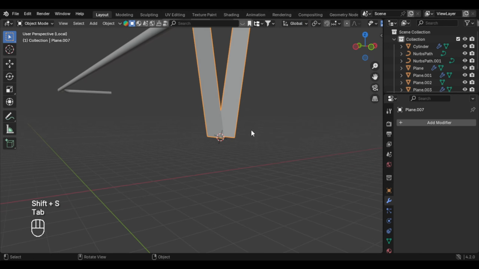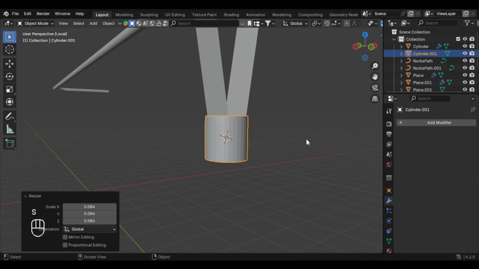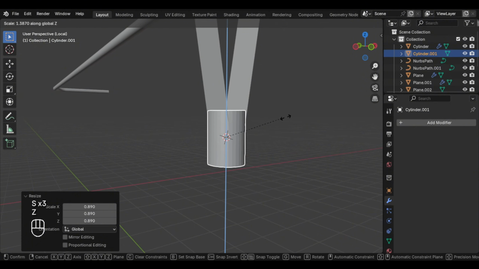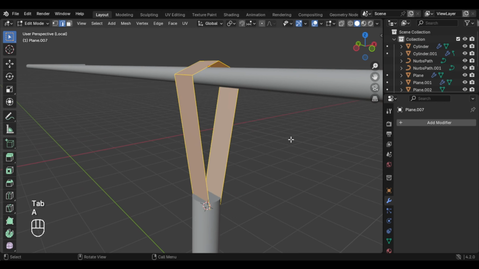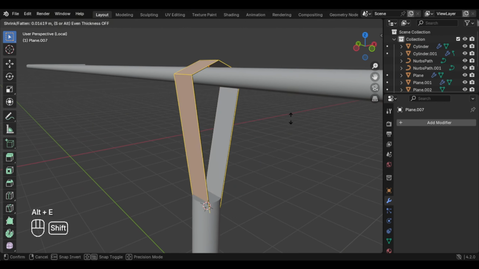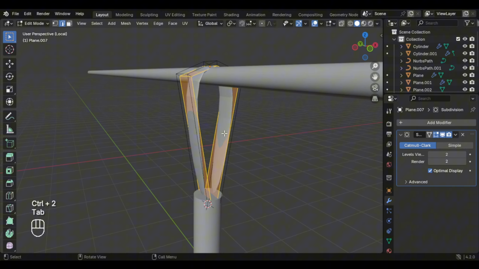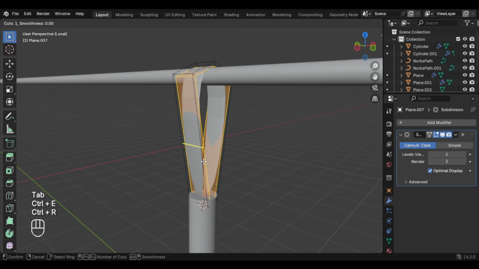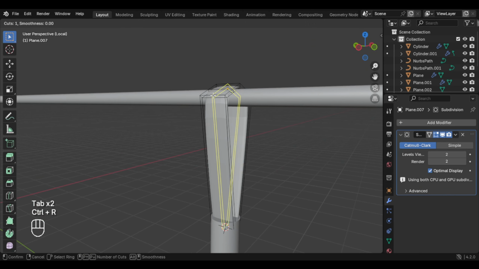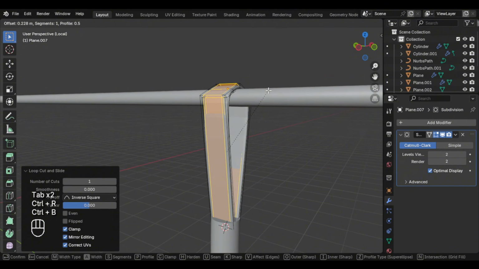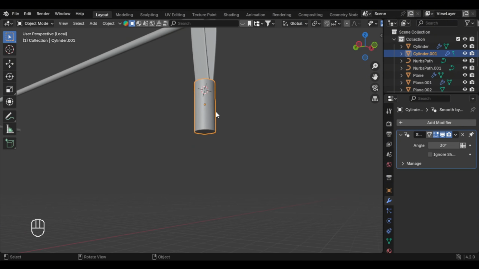Shift S, cursor to selected, and we can select a cylinder, and let's make this smaller and longer. And we can select this one and select everything, and Alt and E extrude faces along normals, and Ctrl 2 to give it subdivision. And we have to give it one more loop cut here, and also one here, and also one in the middle, and Ctrl B to bevel it, and right click, shade smooth,